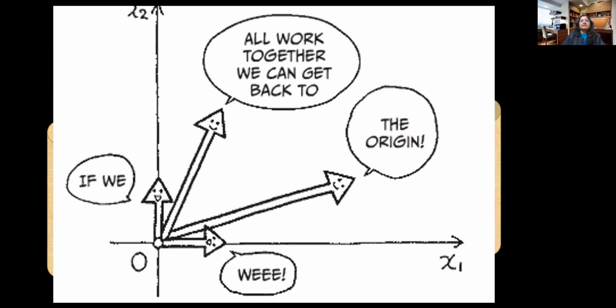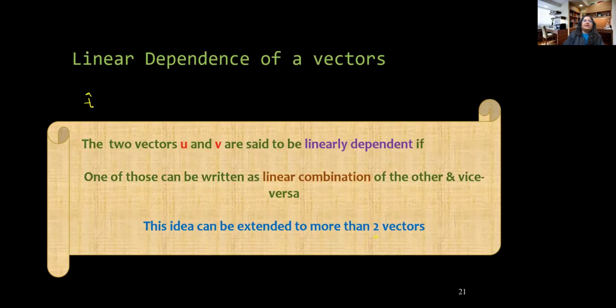And this idea we have discussed in the case of two vectors, but it is applicable in the case of more than two vectors also. For example, I have this vector t, and suppose it follows this relation: t is a u cap plus b v cap plus c w cap. Then I can say that t is linearly dependent on these vectors, or one of the vectors is linearly dependent on another vector. So basically the meaning is that one of the vectors is redundant. It is not giving us any additional information.